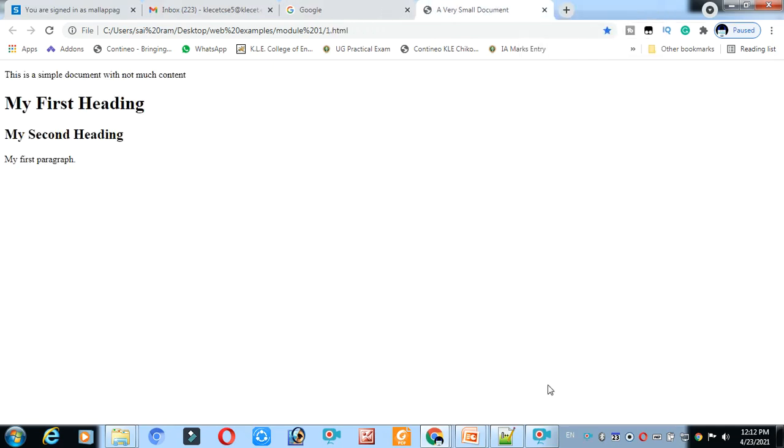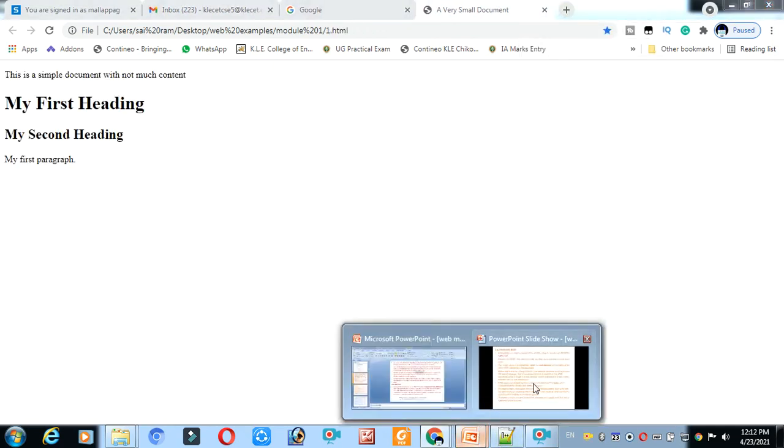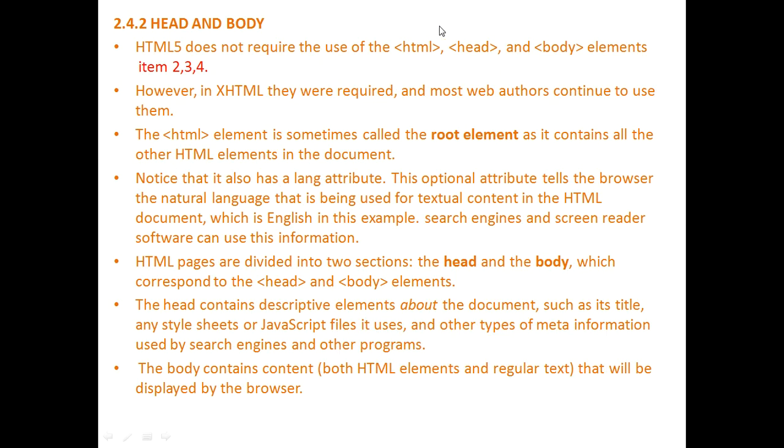So it is not needed to use html, head, body in HTML5, but in XHTML it must and should. Clear? Even though it is not mandatory, we should still use html, head and body in HTML5, right?